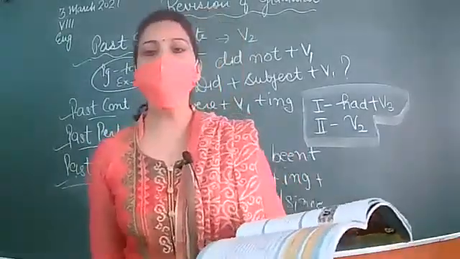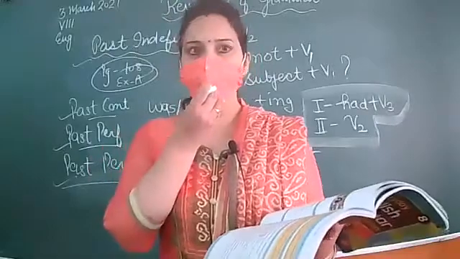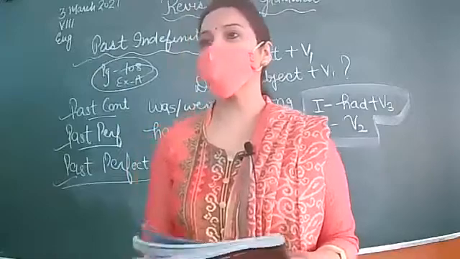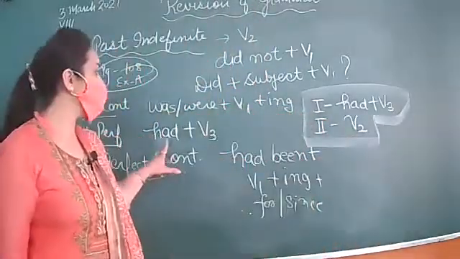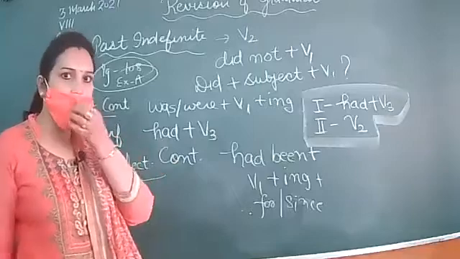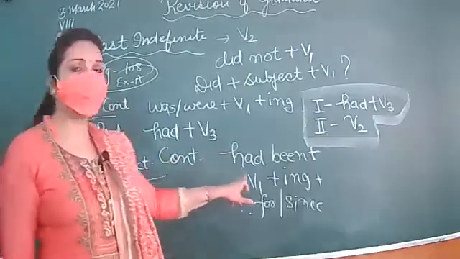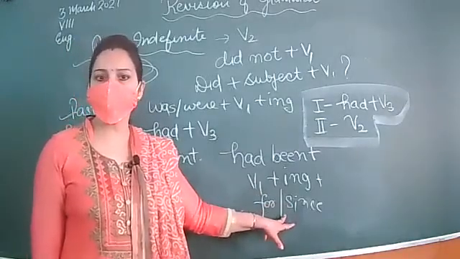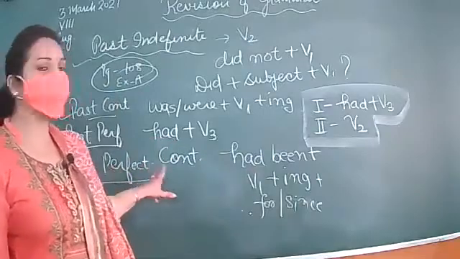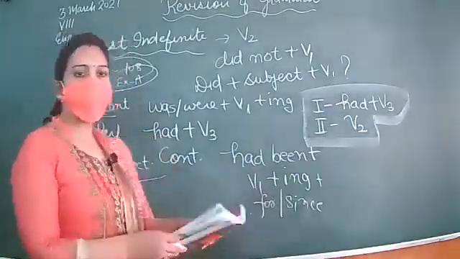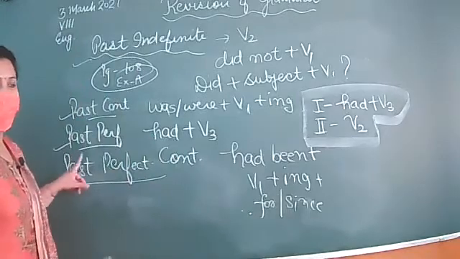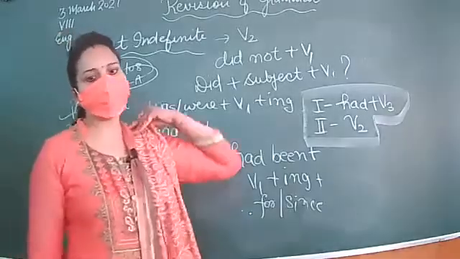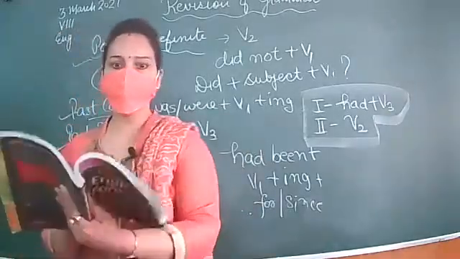Now let's move to page number 110, exercise C. You have to use past perfect or past perfect continuous. Past perfect, it means if the action had happened in past, had plus third form. But if the action is still going on for a fixed period of time or for a fixed point of time, then you will be using past perfect continuous tense. Keep these two things in your mind, whether to use past perfect or past perfect continuous tense, and start doing.